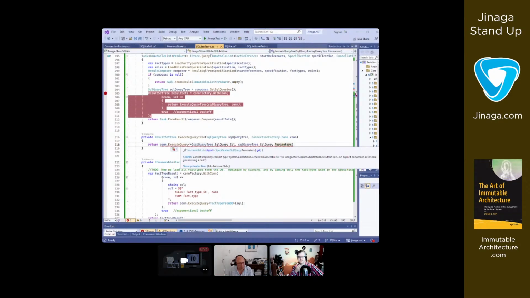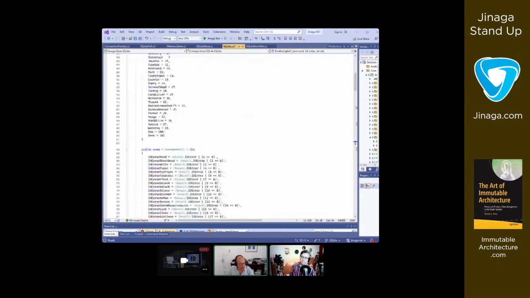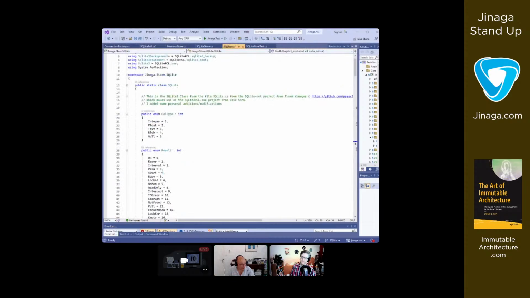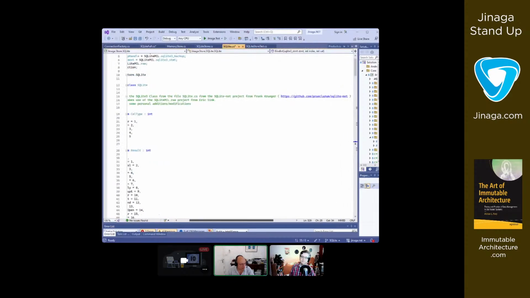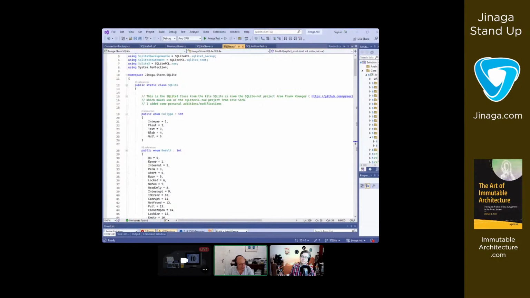And then it starts again inside SQLite, because SQLite does support parameters. Last time I made this SQLite.cs file, which is actually a limited copy, just a part.